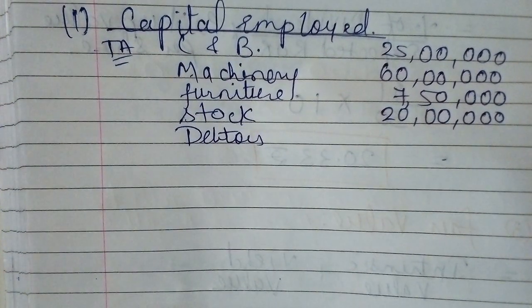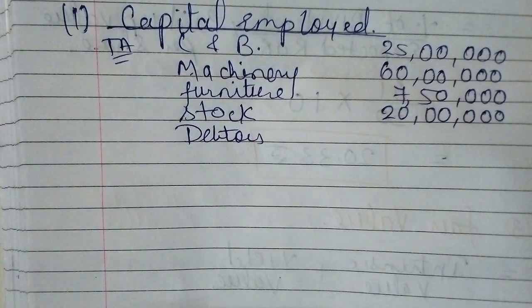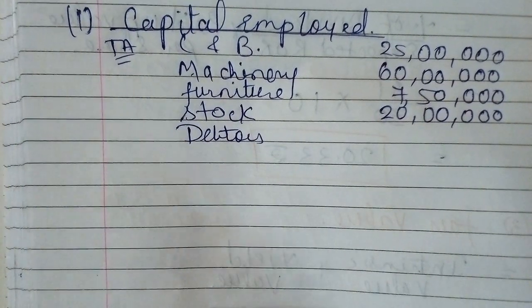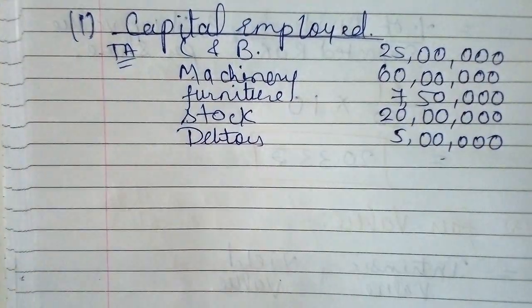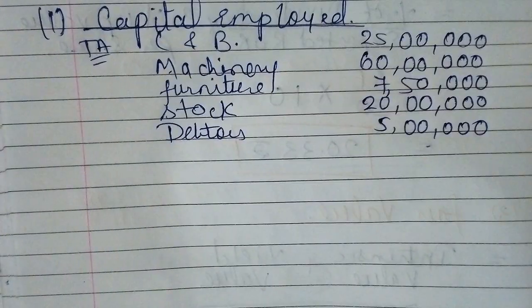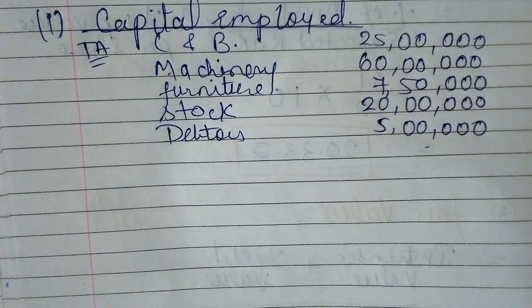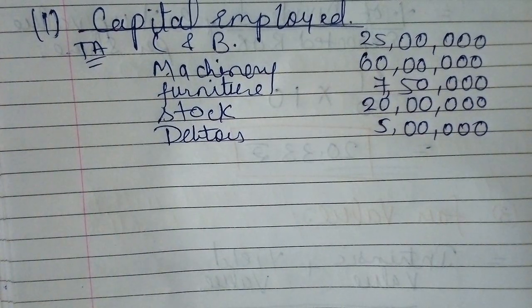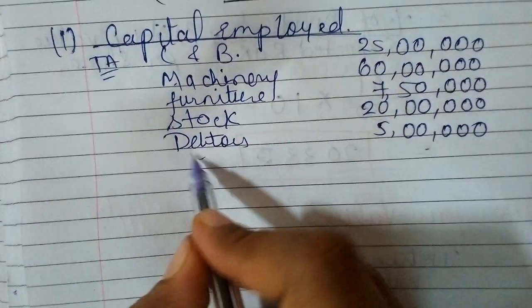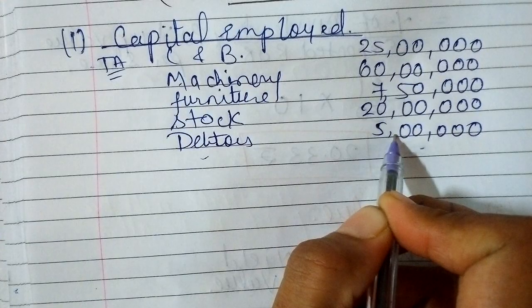We have made credit sales, and from them we are to receive 5 lakhs. Now think simply: we are to receive 5 lakhs rupees, so they will not give us 10 lakhs rupees. It is a simple thing. Alright, so the value of debtors will be the same, 5 lakhs rupees. The value of debtors cannot be doubled. Nobody can pay you double the amount that is required, right? So the debtors will be as it is, 5 lakhs. Nobody will give you double money for credit sales. Alright, so debtors will be 5 lakhs as it is.